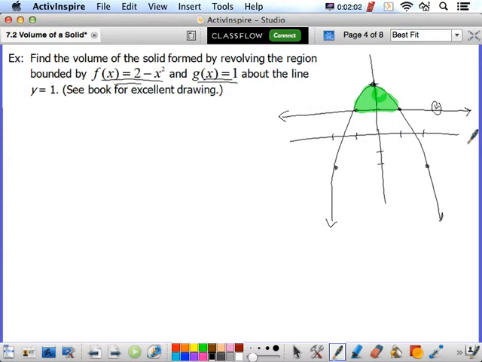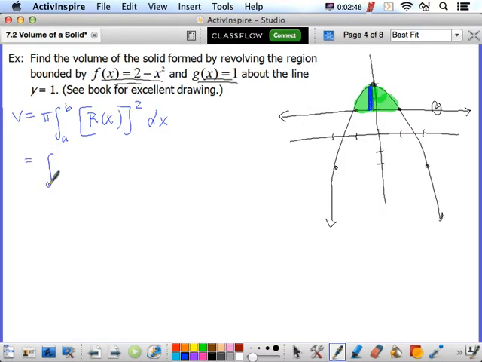Okay, so what you do is, and it's so much easier if you will just draw a rectangle. Draw a rectangle from here to here. And once you have that rectangle, we can figure out what we need. Based on our formula, V equals, and because we have a horizontal axis of revolution, we're going to go pi from a to b of capital R of x quantity squared with respect to x. And really the only thing you have to figure out are your a's and your b's. So negative 1 and 1. Yeah, it's going to be negative 1 and positive 1 for these, and I'll show you this the same way we would find that with area. If you're not sure how to find those,